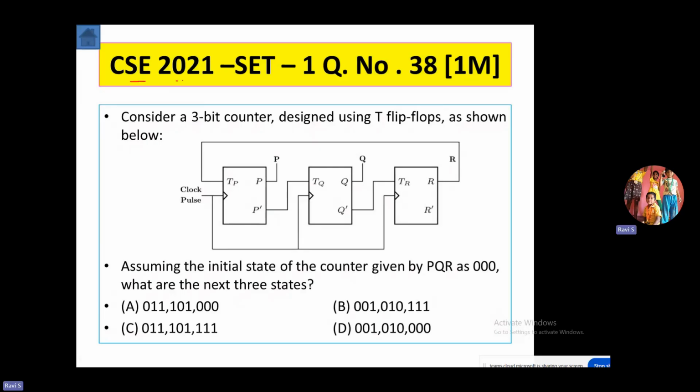GATE CSE 2021. Consider a 3-bit counter designed using T flip-flops as shown below. Assume the initial state of the counter given by